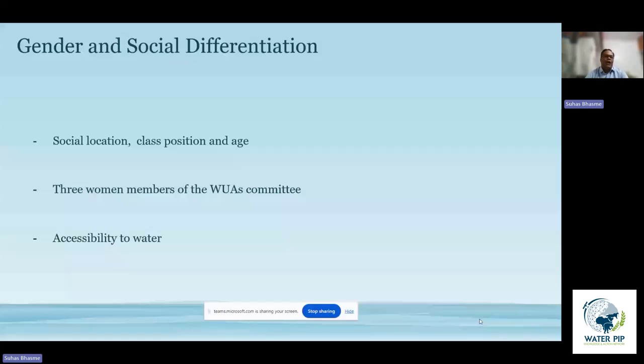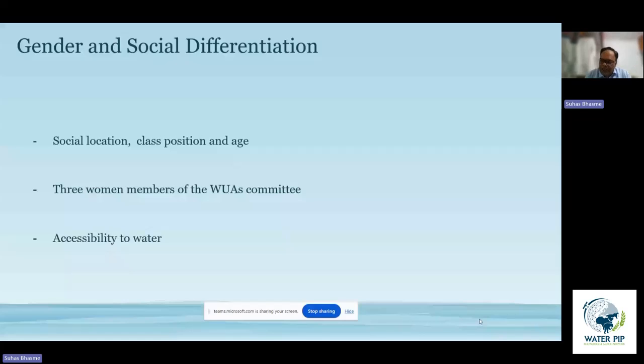And the other interesting aspect of caste comes when we talk about gender. In terms of the larger experiences that I talked about, it clearly shows that coming from a lower caste really deprives you of accessibility to water and other opportunities. But when it comes to gender, what I have found interestingly is that it might reverse the case in reality.